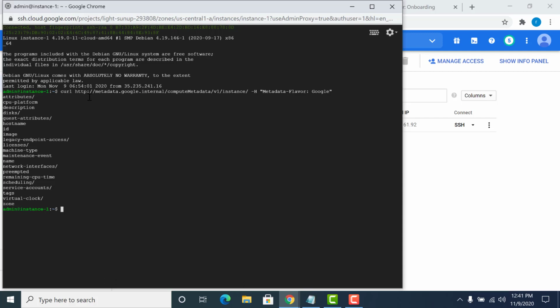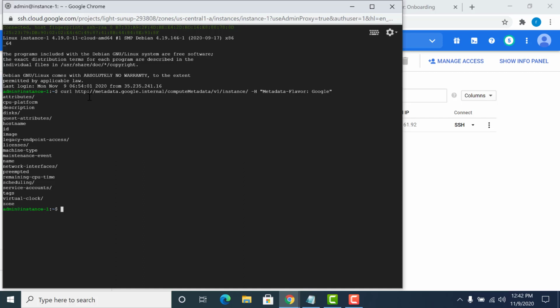This particular URL not only gives you the metadata that you have created, but also other useful information that you could use in your startup script, end script, or even an application that you use within that instance.